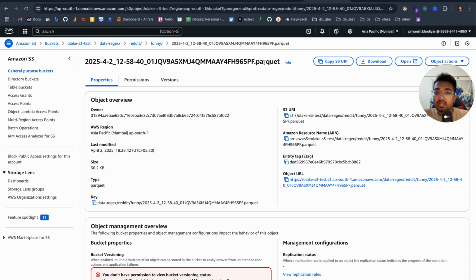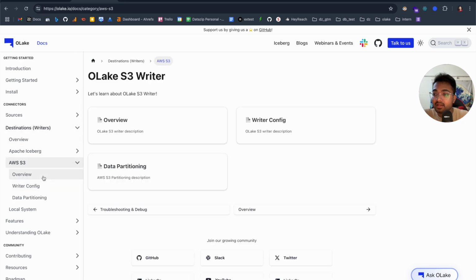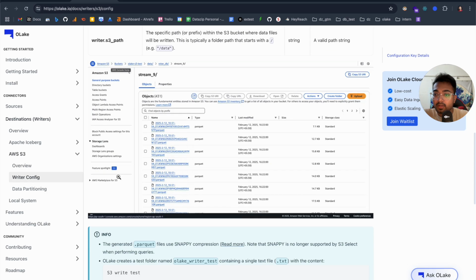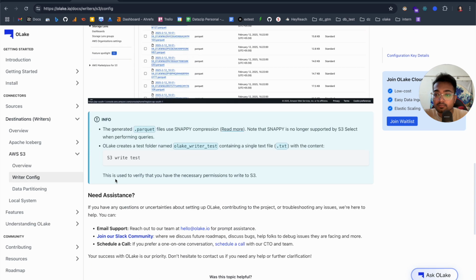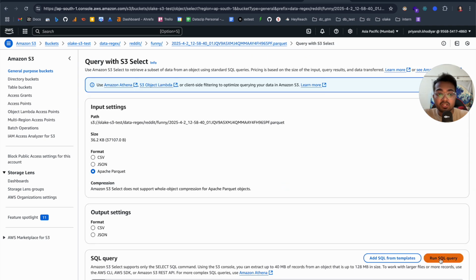You won't be able to visualize this because OLake uses, let me show you why you won't be able to visualize this. Go back, S3 overview. Okay, not overview, writer config. Because the generated Parquet files use Snappy compression, and Snappy is no longer supported by S3 Select while performing the queries. So that's why even if you go here, object action, query with S3, run SQL command, you will